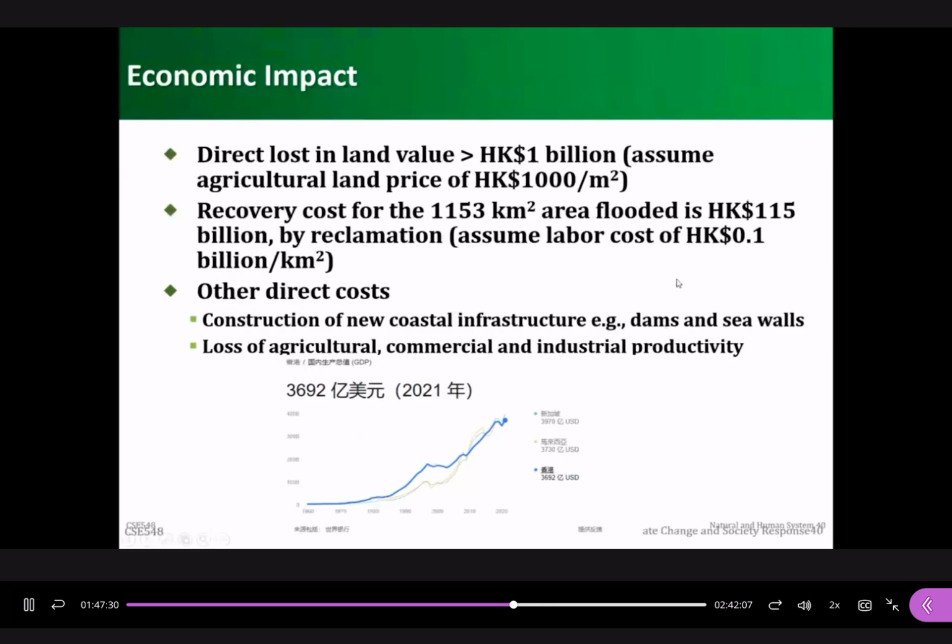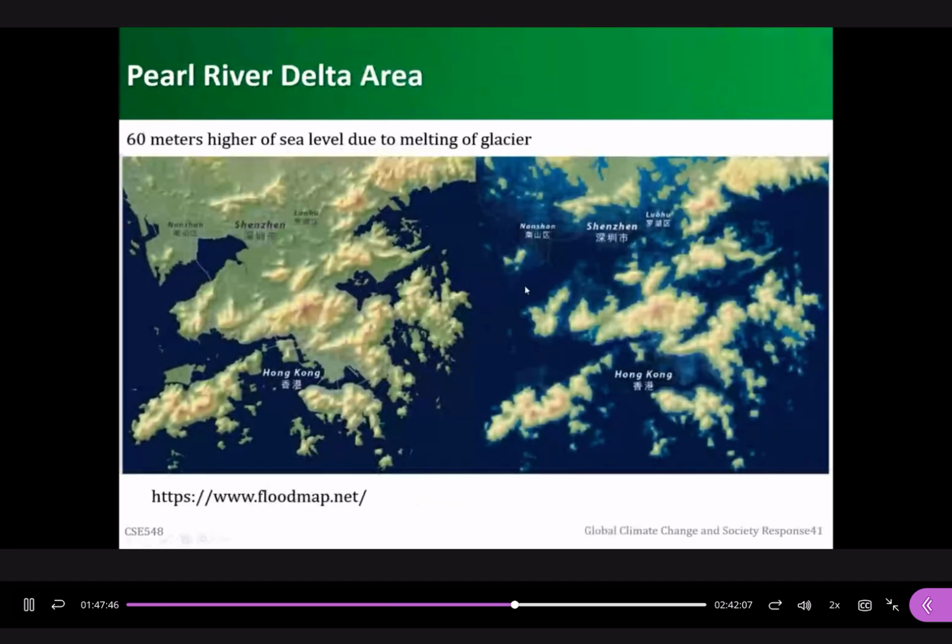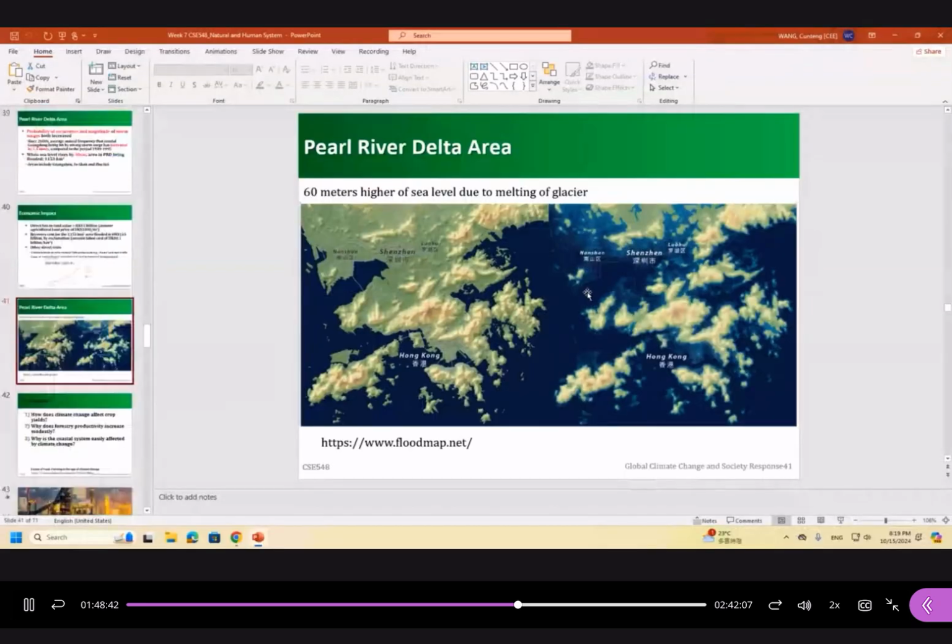But the sea level rise is not an urgent problem because the sea level rise is very slow. It's maybe just a few centimeters per decade or something like this. So here is a figure to show the sea level rise, and some areas will be submerged by the sea. You can see if the sea level is 60 meters higher, most of the plain regions in the Pearl River Delta will be flooded by the sea. As for Shenzhen and Hong Kong, the Kowloon area will be flooded, the airport regions and the north part of Hong Kong. So the 60 meters here is based on the melting of the glaciers. If we assume all the glaciers are melted, the sea level rise will be around 60 meters. So of course this is the extreme condition.